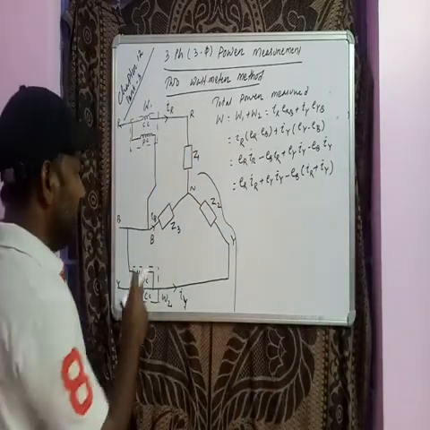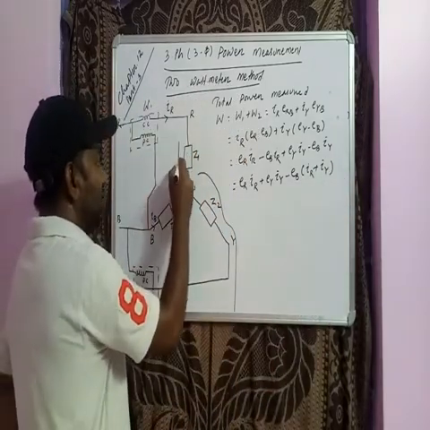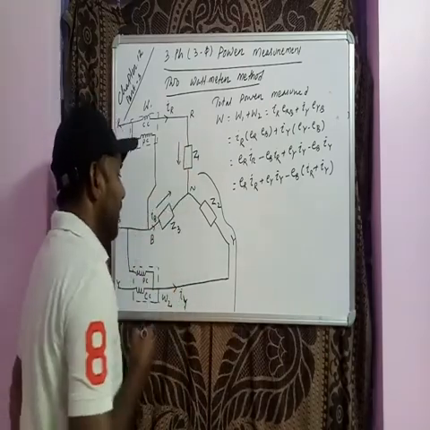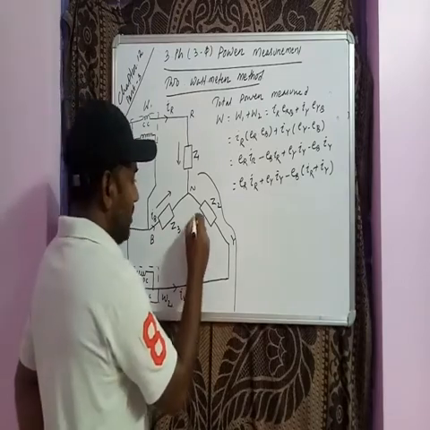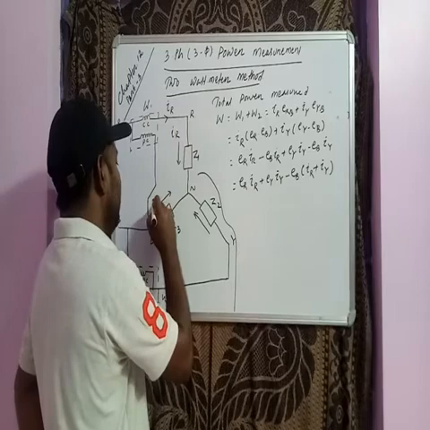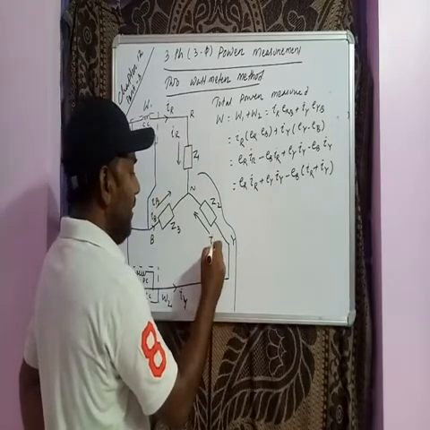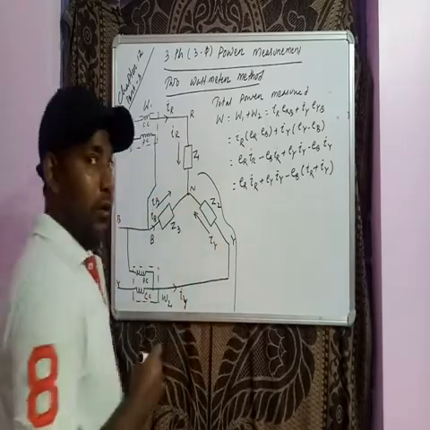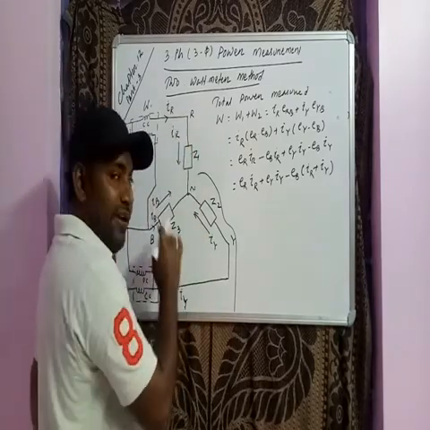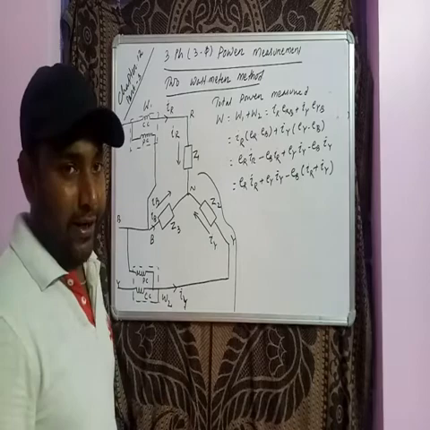Right? Now see, this is the direction of current. Which current? IR current. This is the direction of current, IB current. This is the direction of current, IY. So IR, IB, IY. This is a node. So if we apply KCL here, IR is entering, IB is entering, IY is entering.